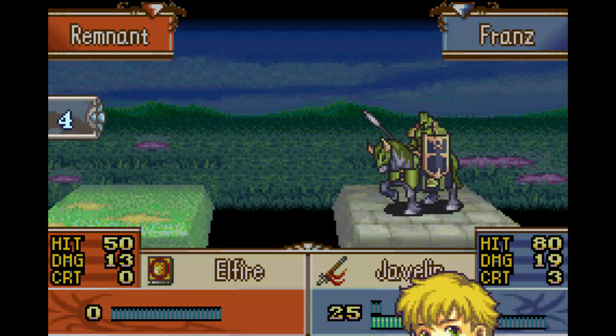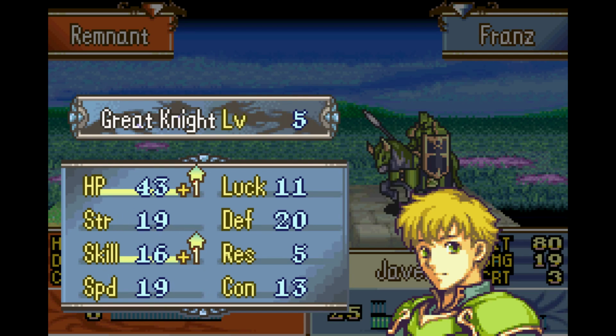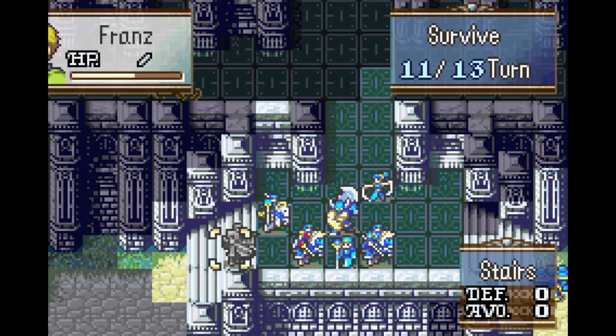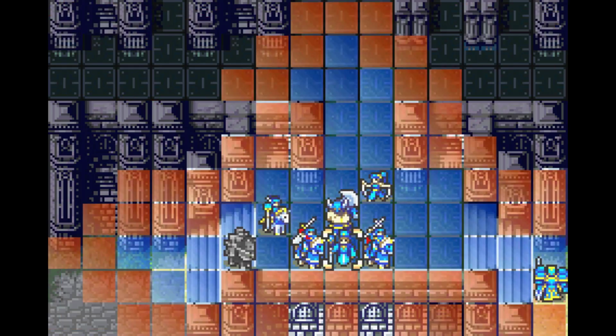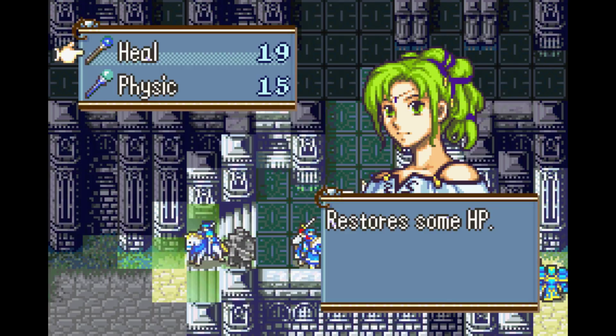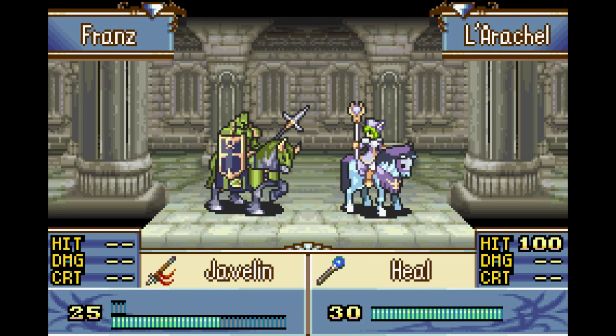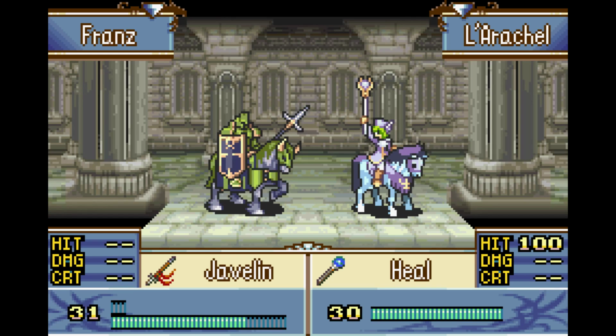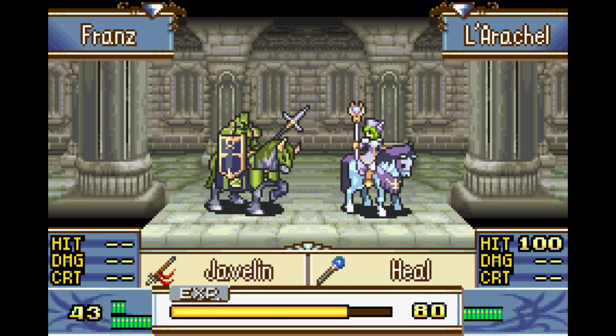That'll be a level up for Franz, too. Yeah, his skill's only 15. I thought it was higher than that. Well, now it's 16. Franz is turning out, sadly, not quite as good as I wanted him to. I mean, he's not bad by any case, but he's not the overwhelming powerhouse that I was expecting him to be, which is disappointing to say the least, but what are you gonna...